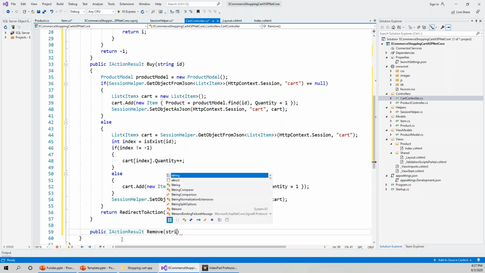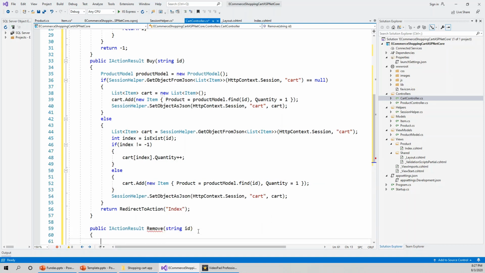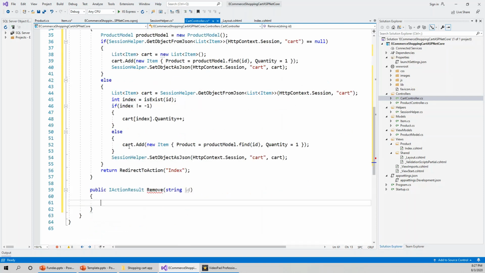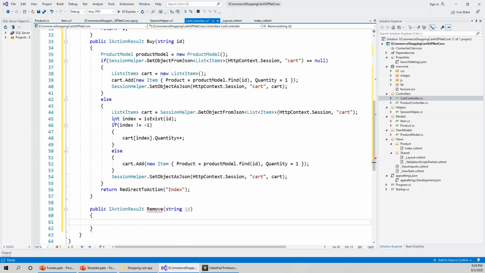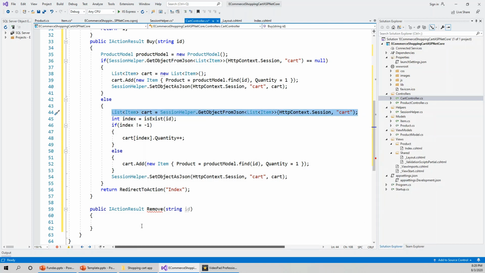Remove with an ID. So first line will be very common to this part. So copy from here,